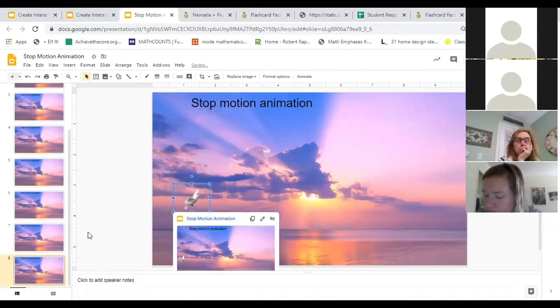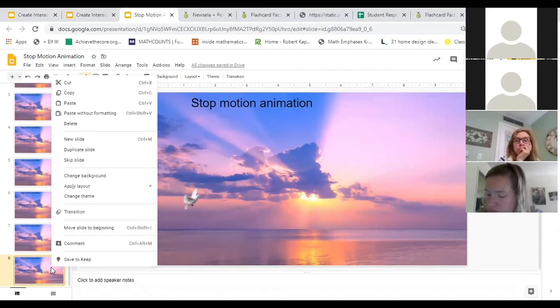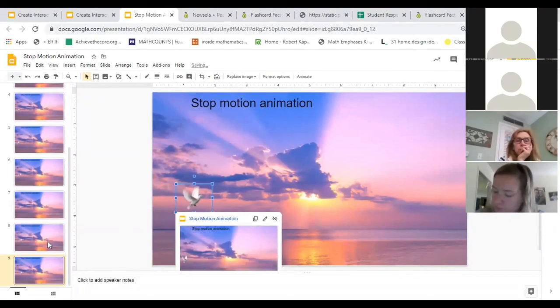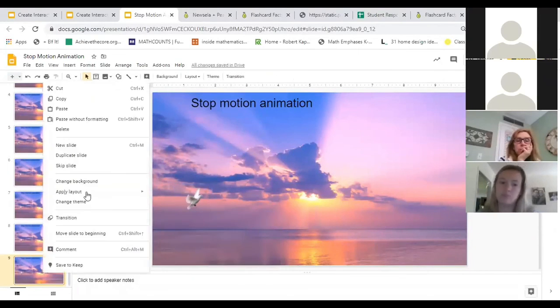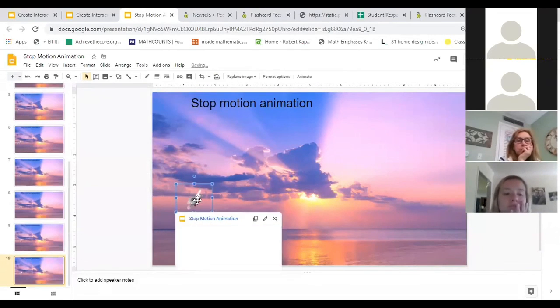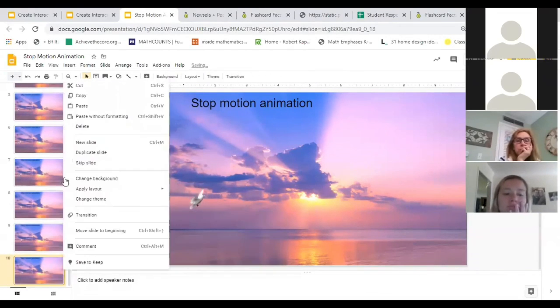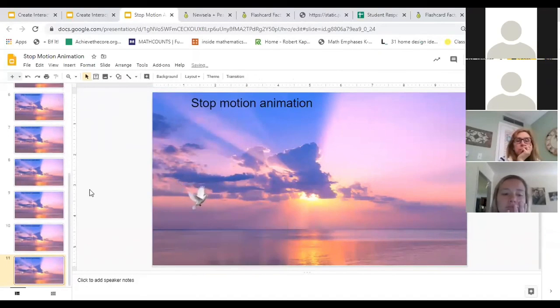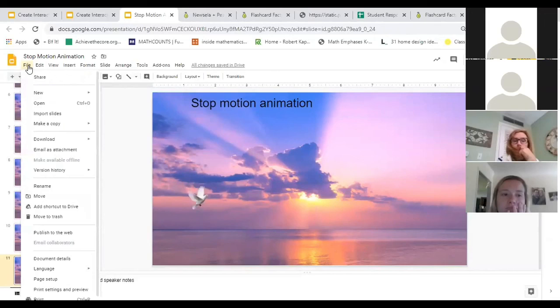I'm duplicating that slide just so I can move that bird from the same position that it was in. So again, right click, duplicate, and I just keep moving the bird, or whatever you're doing for your stop motion animation. I duplicate, take the bird, move him. Duplicate, take the bird, move him. When I am done making my stop motion animation, when I keep moving that image to where I want it and how I want it to look, what I then do is I go to File,